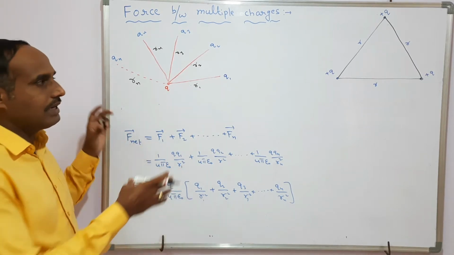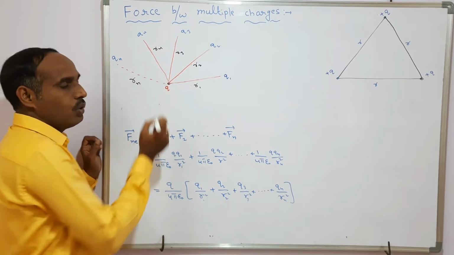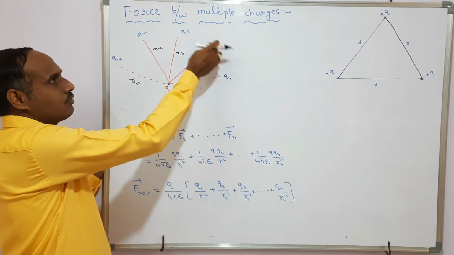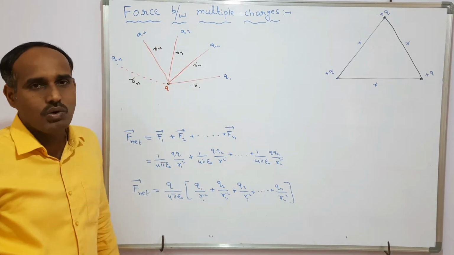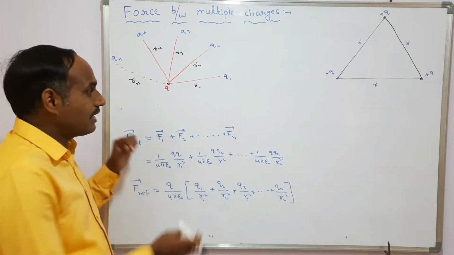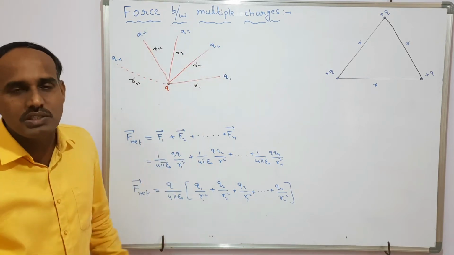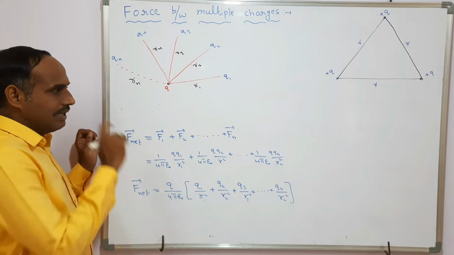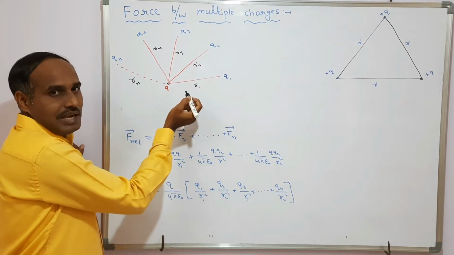But now we are taking a set of charges. Here one point charge is placed at point O, and several charges Q1, Q2, Q3, Q4 and so on are placed at different distances R1, R2, R3. What is the net force on this charge due to the rest of the charges? We are going to discuss that now. According to the vector form of Coulomb's law, as we discussed in the last video,